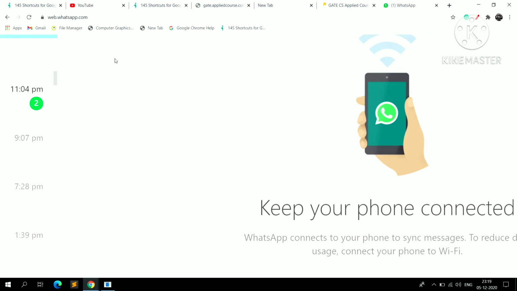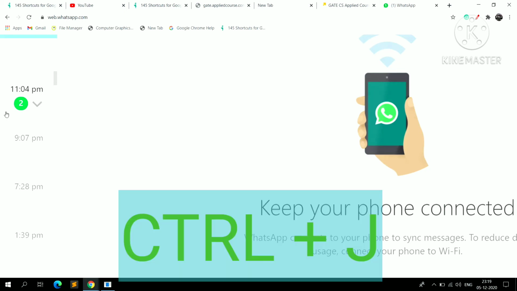Another important key is Control plus J. What is Control plus J? What happens when you press Control plus J?